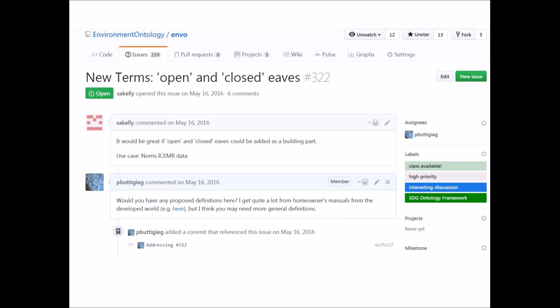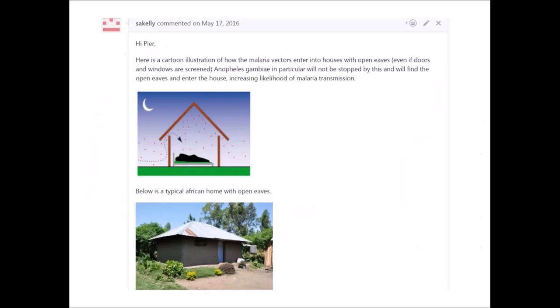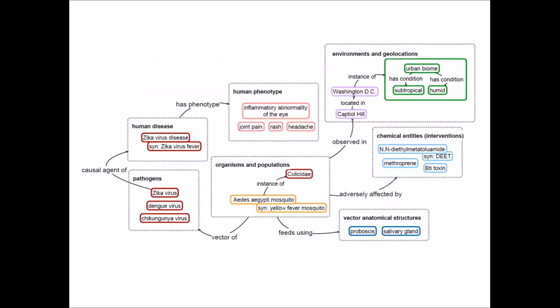We said, can you please propose such a definition? This is our development environment where everyone is free to contribute or ask questions. So they came back to me, and they illustrated what they meant and why it's important, how mosquitoes can get in and then infect people with malaria, depending on the kinds of eaves that are present. And we captured that knowledge and integrated it into the ontology.